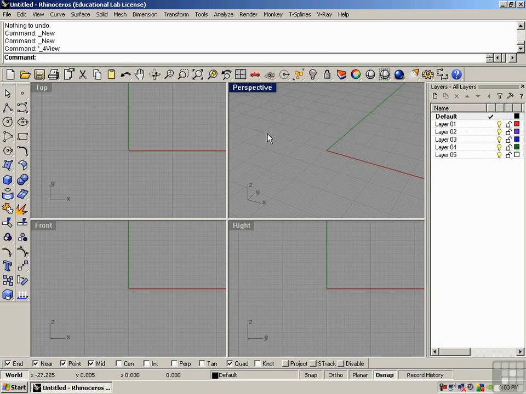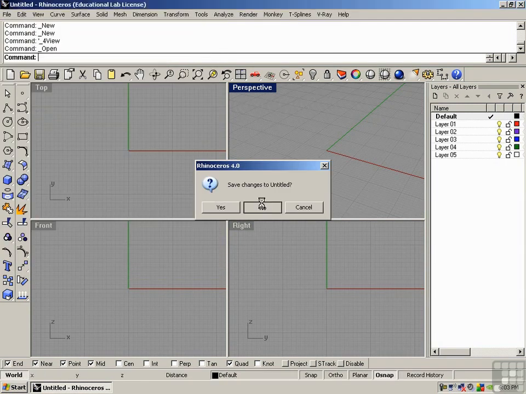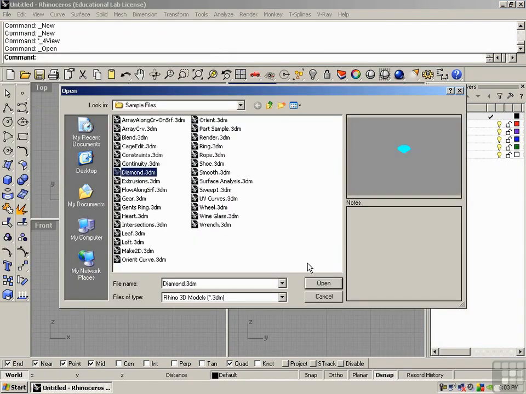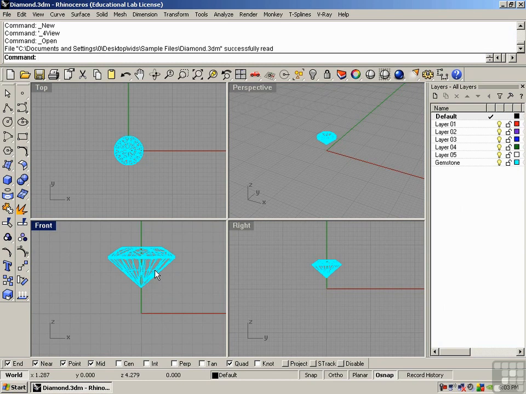This lesson begins the tutorial in building a diamond ring. So we'll start off by opening the diamond.3dm sample file. And we have a gemstone model in here for use in this tutorial. And we're going to get started building some curves for the head, which is the section with the prongs that hold our stone. I'm going to rename the first layer as head curves